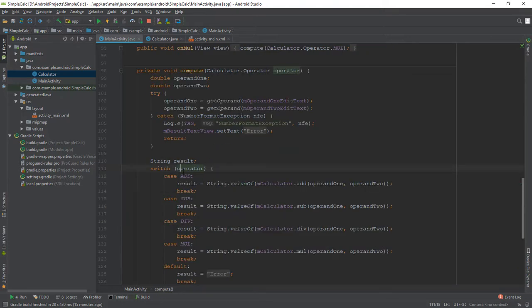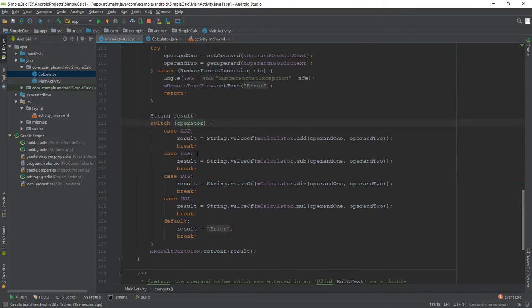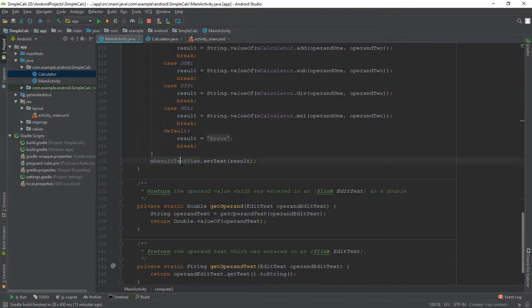The compute method then uses a switch on the operand name to call the appropriate method in the calculator class. The calculation methods in the calculator class perform the actual arithmetic and return a value. The last part here updates the text view with the result of the calculation.